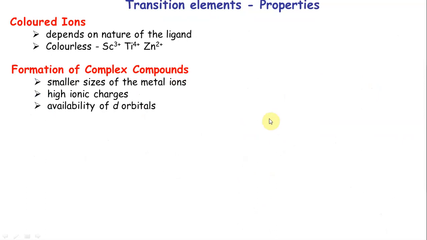Couple of properties of D block. These are important for you guys. They do have colored ions because of the unpaired electrons. And also the color depends on the ligand that you have. For example, copper chloride will have a different color compared to copper fluoride. And these three are going to be colorless because when you write the electronic configuration, you will see that they don't have any single d electrons. This is D10, D0, D0. So no d-d transition, right? So it won't give you any color.